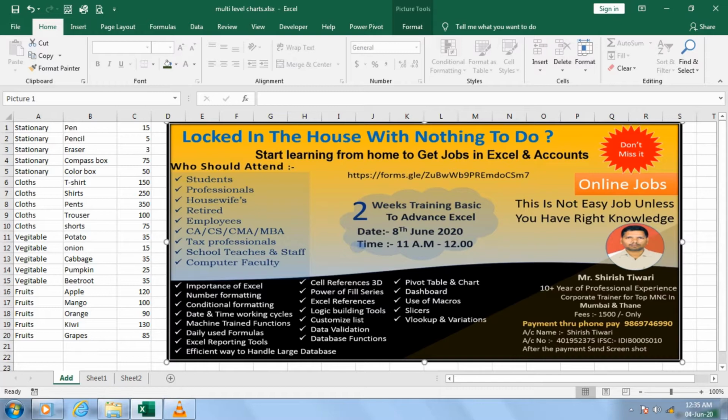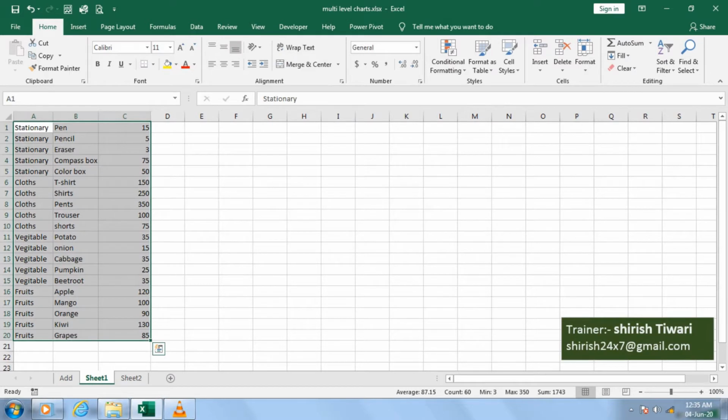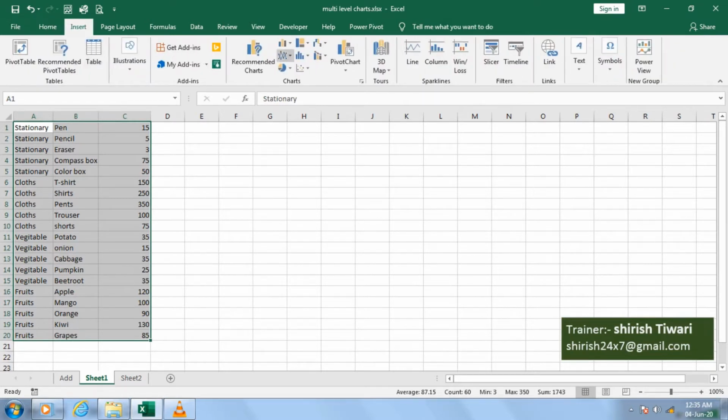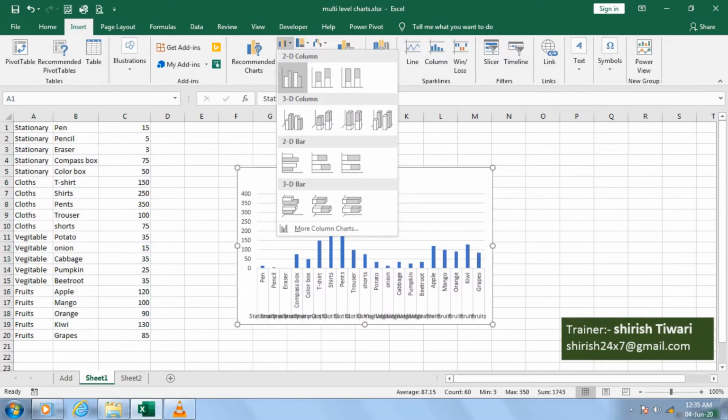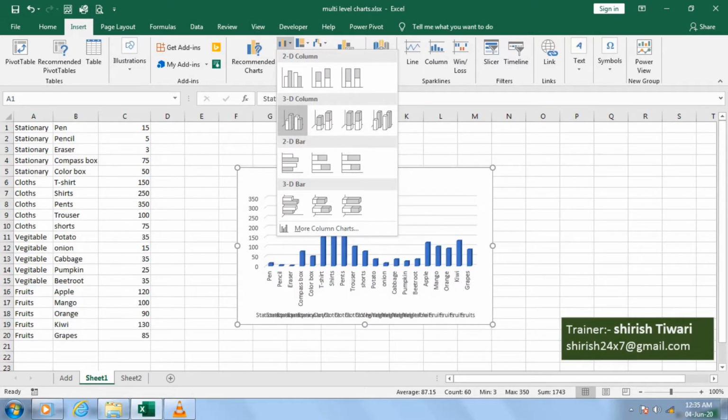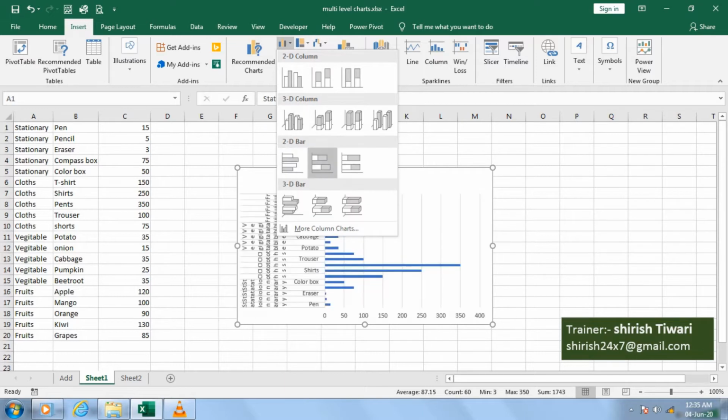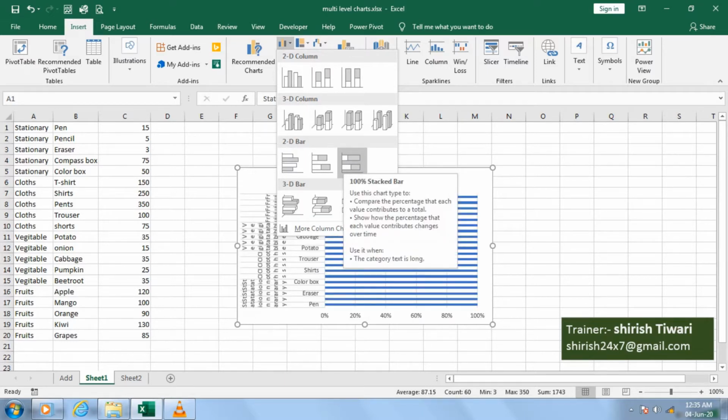Let us start with the chart part of it. So how can you create your chart? Basically this is your data. In this data you can directly go to Insert and then click on Chart. The chart may be of different types. If I click directly and produce the chart, it doesn't look very nice. So I can use any type of chart, bar, pie, 2D. You can use the chart according to your requirement.